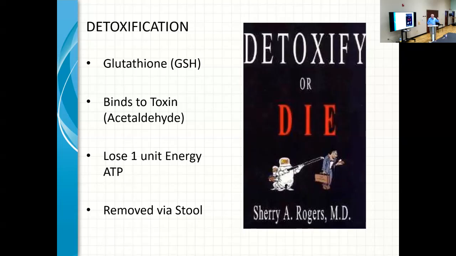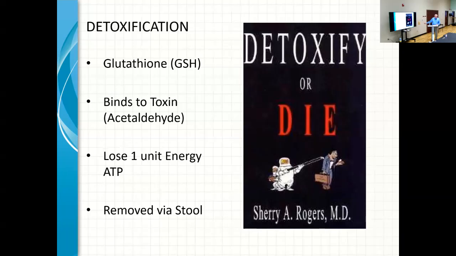This is acetaldehyde, the toxin from alcohol. This is glutathione. Glutathione is an antitoxin in your body that your body will make to eliminate toxins. And it's a 1-to-1 ratio. Acetaldehyde, and they bind together. This new molecule is heavy and winds up getting into your waste system, and you wind up flushing it away